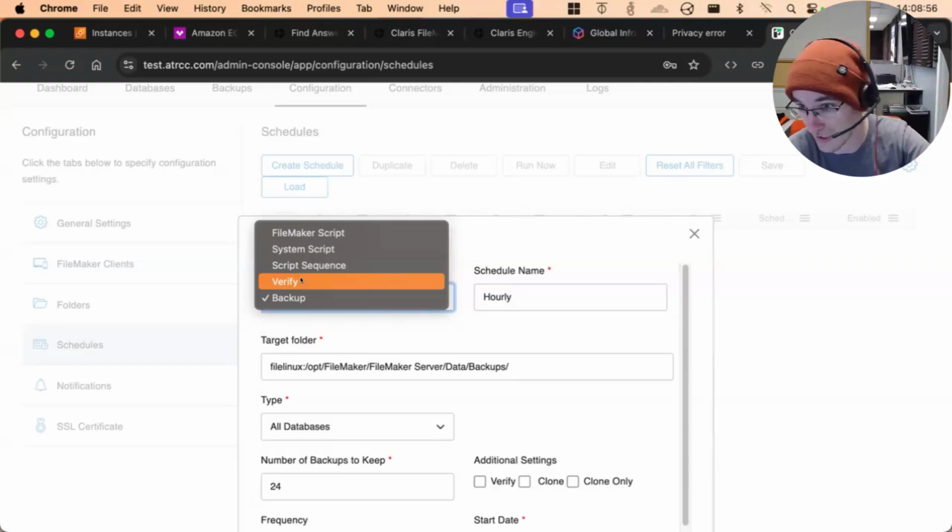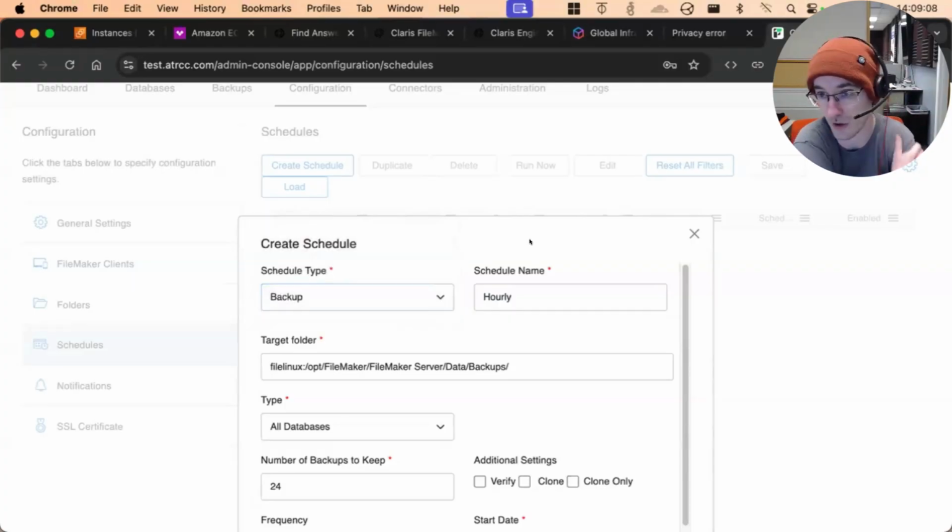And if you have email notifications enabled, which I highly recommend on all FileMaker servers, even though they're kind of annoying, it will tell you if it fails, and that can be incredibly helpful. It's early identification of problems with the database. We've had some production issues where the FileMaker server does something squirrely and causes an issue with the file. They've been fixing those bugs over time, so I'm not showing anybody's butt on live stream, but they exist. Those bugs have existed in the past and they've been fixed.